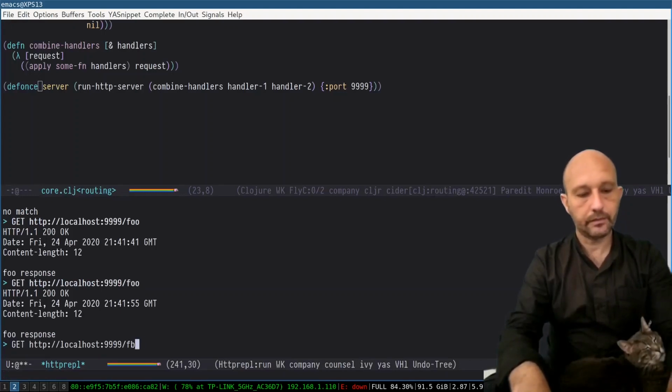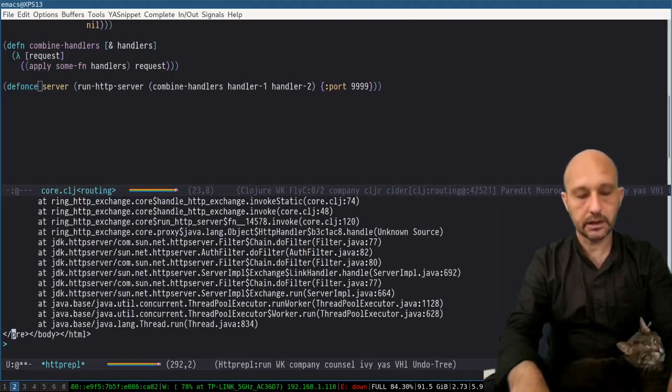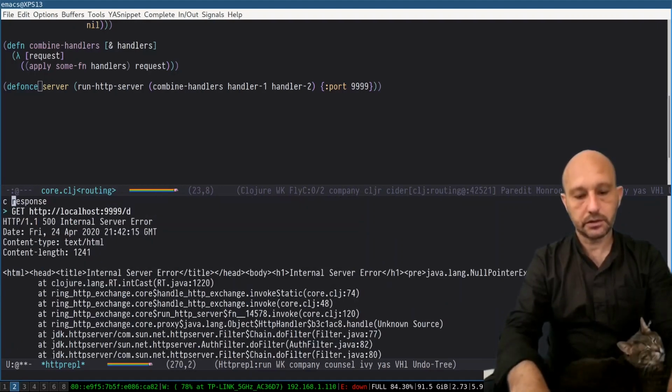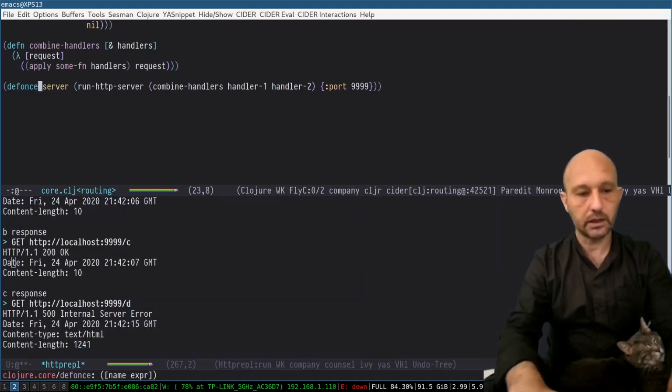So now, foo, bar, baz, A, B, and C. It works. Now, D, what will happen with D? We know it's not a match. That's an error, right? So we might want to fix that as well